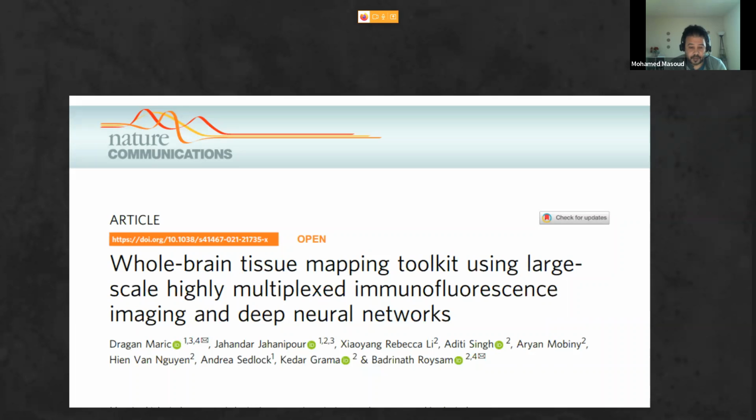The authors also provide a sample preparation protocol, and they show the whole pipeline until they get their tissue ready for analysis.